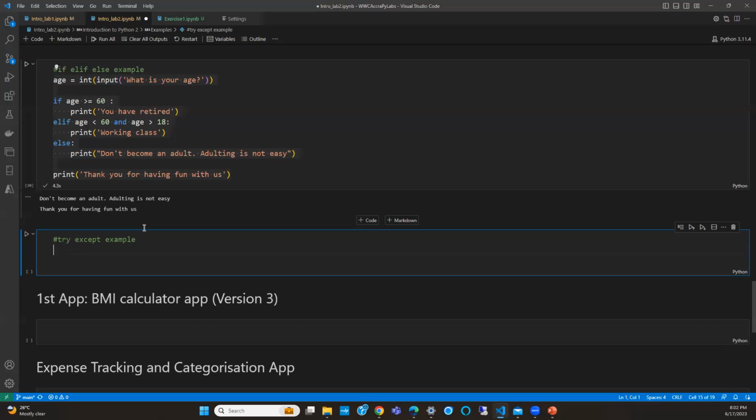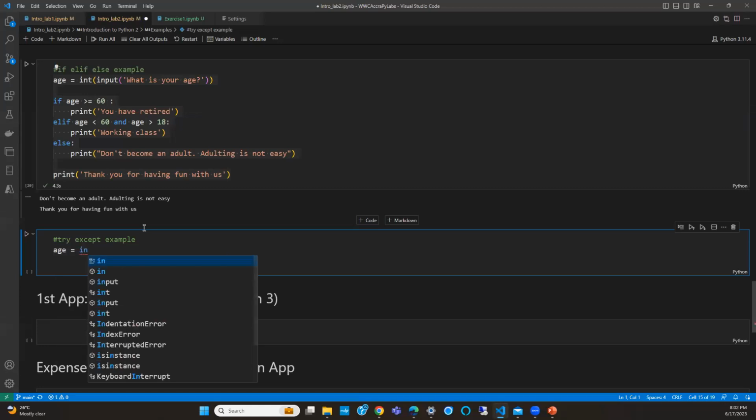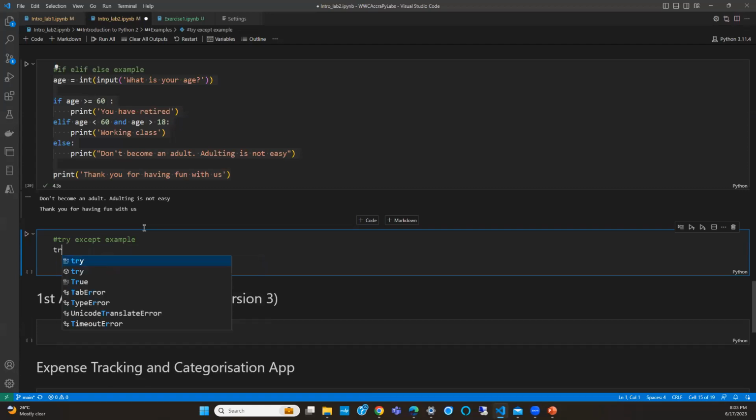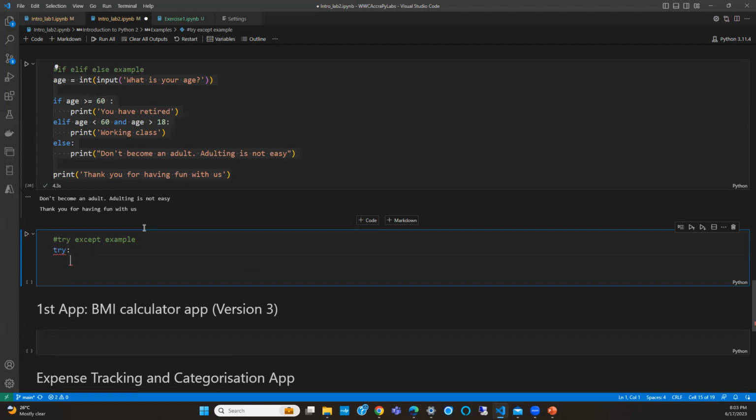So let's go ahead, same thing, age, int. Since I'm converting my input to age immediately on one line, if I wasn't converting it on one line, maybe I would have done something else.